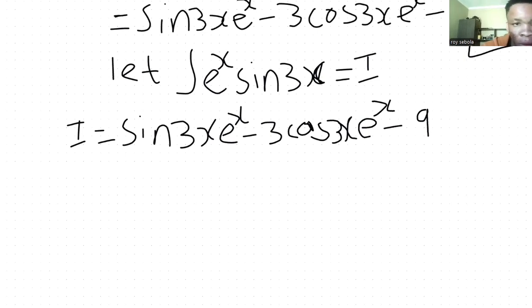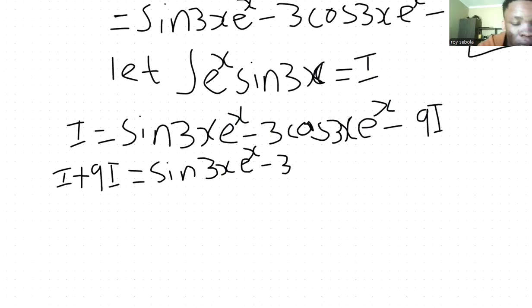From here, then we simply simplify. We'll take this I plus 9I is equals to sine 3x e to the x minus 3 cos 3x e to the x. Then I plus 9I will give us 10I